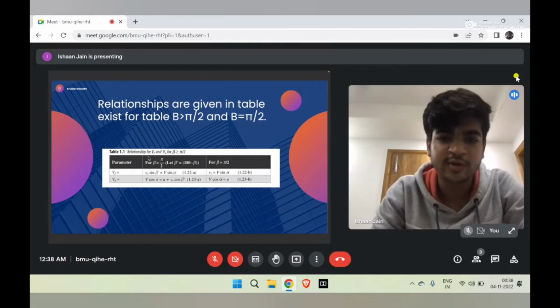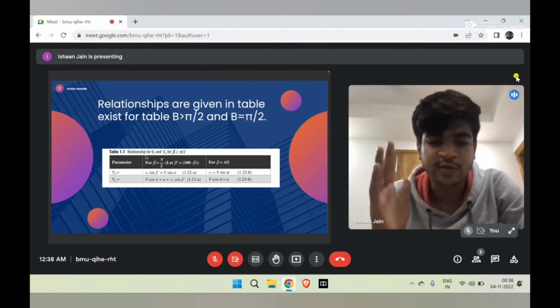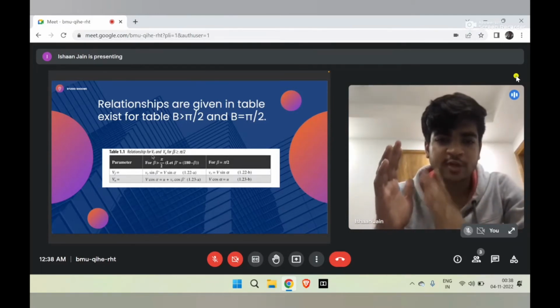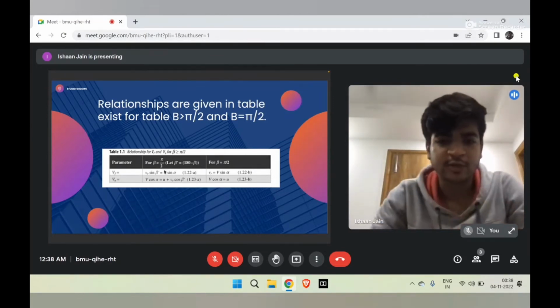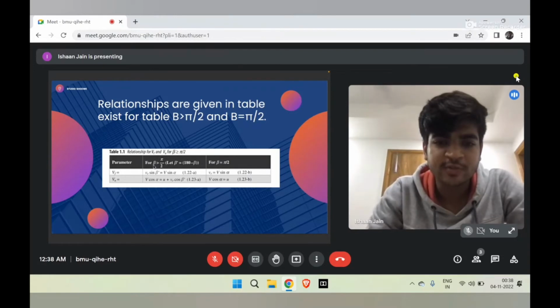सो जब एंगल्स डिफरेंट होंगे, ग्रेटर देन π/2 और इज इक्वल टू π/2, तो उस केस में हमने रिलेशनशिप बनाया VF जो कि हमारा फ्लो वेलोसिटी था, एब्सोल्यूट वेलोसिटी का टेंजेंशियल कंपोनेंट, और VU जो कि हमारा प्लेट की पेरिफेरल वेलोसिटी थी। उन दोनों के बीच में हम लोगों ने रिलेशनशिप बनाया, बीटा when is greater than π/2 and when beta is equal to π/2। सो ये फॉर्मूला हो गया VF is equal to VR